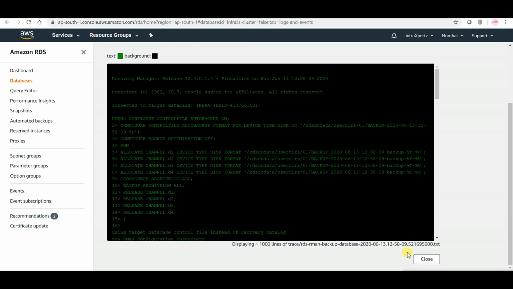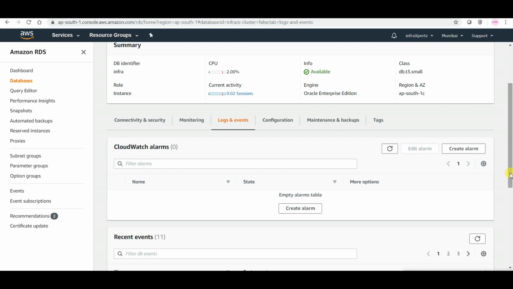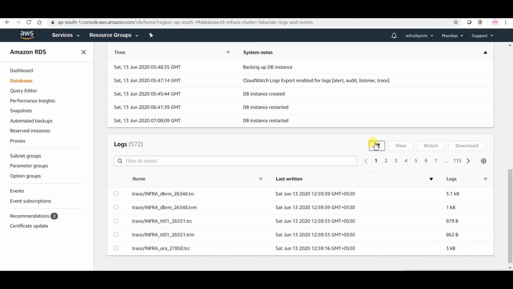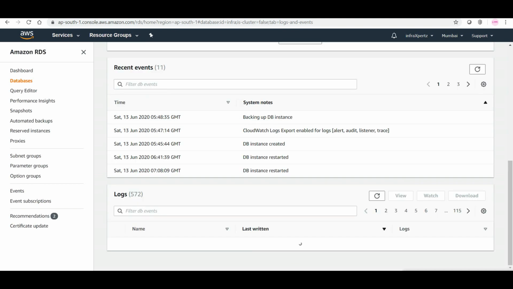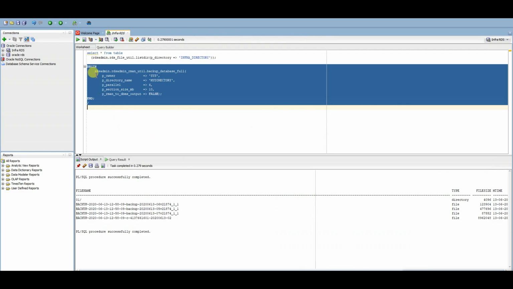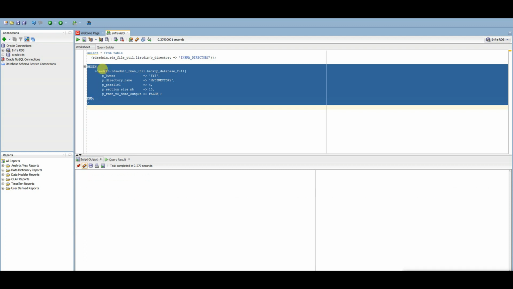This is not the one. This has not run, I believe. So why is this command not running?